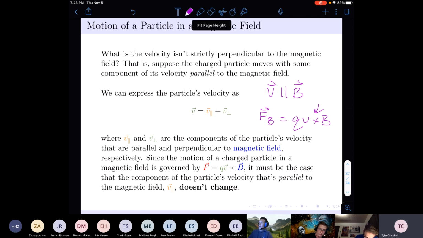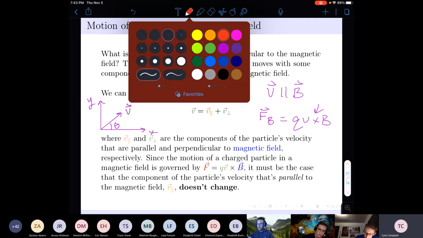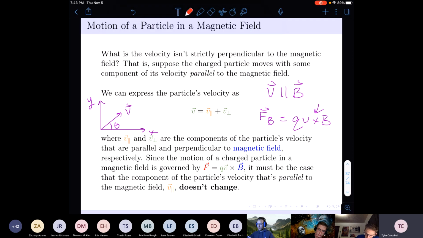If I have, for example, my velocity at some angle theta from my y and x axis here, and my B field, as in the example from class, was to the right, this would follow a helical path. The best way to prove that is that only the perpendicular components of my velocity to my B field end up mattering as far as the circle goes. So for me to have a magnetic force, I have to have some component of velocity perpendicular to my B